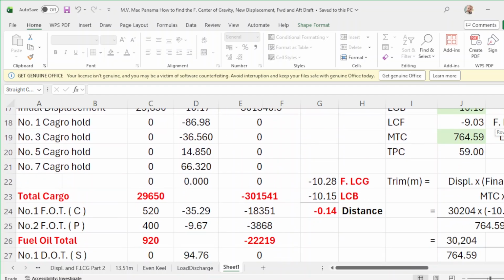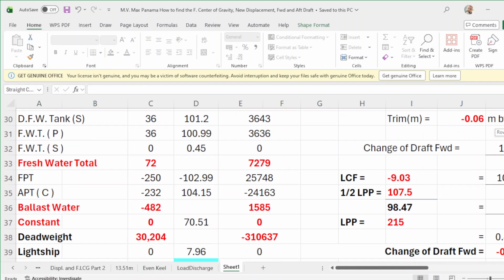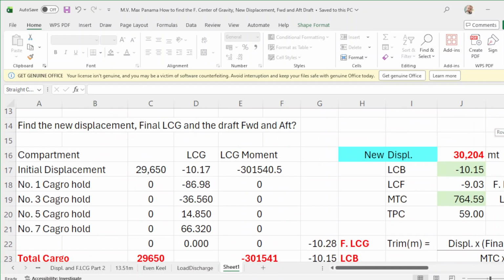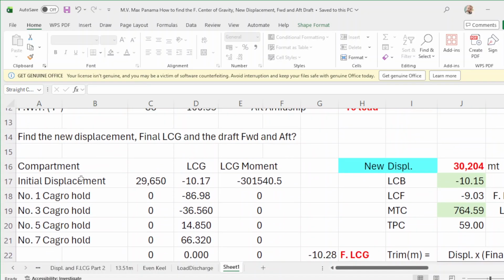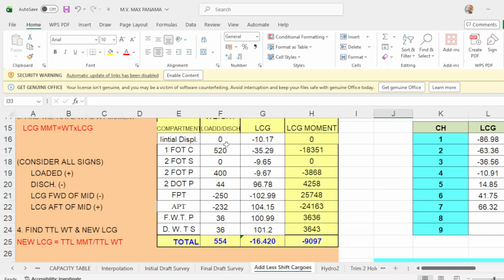And the difference only is you add the initial displacement of 29650, but in the program you don't need to put the initial displacement. Okay, this should be 0 because you're not going to put the initial displacement, only these figures. So that's why your total weight to be loaded is 554, and your total LCG moment